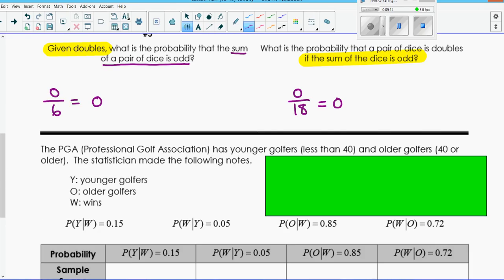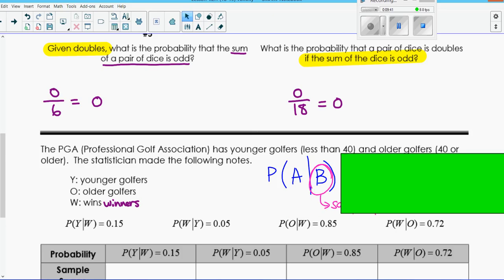All right, the PGA, or Professional Golf Association, has younger golfers, less than 40, so younger than 40 years old, and older golfers, 40 or older. The statistician made the following notes. Y is going to be younger golfers, O is going to be older golfers, and W is wins or winners. Okay, go ahead and write this down. So this says